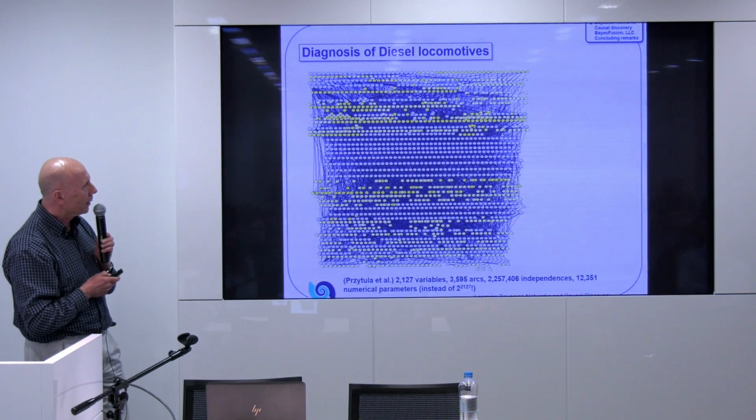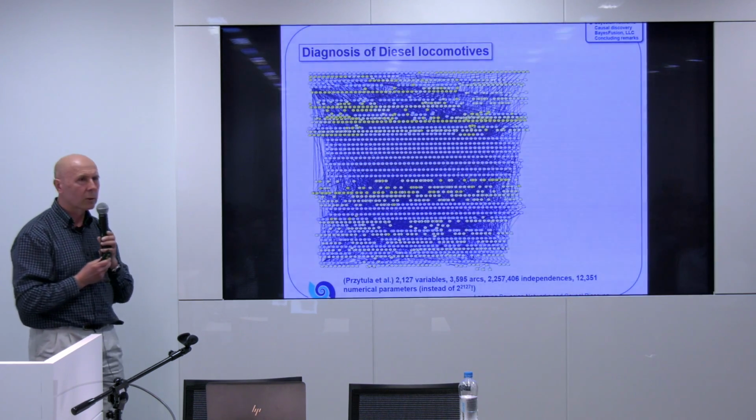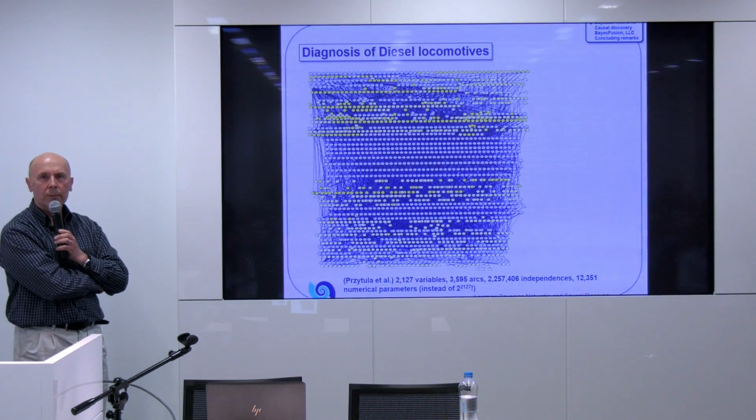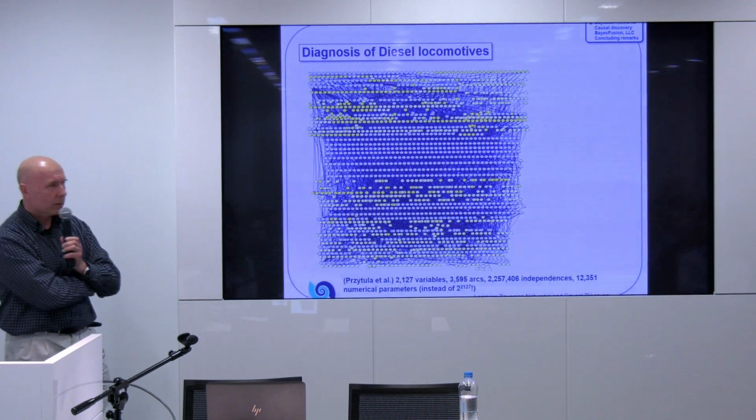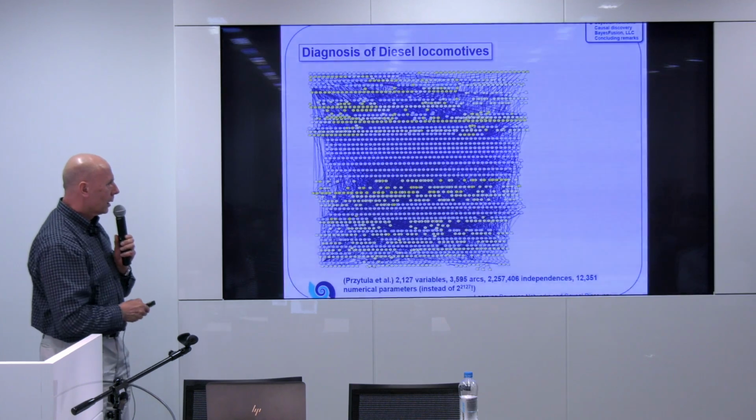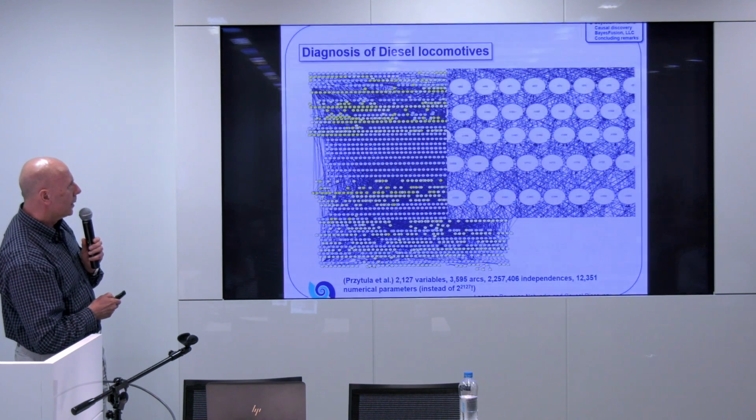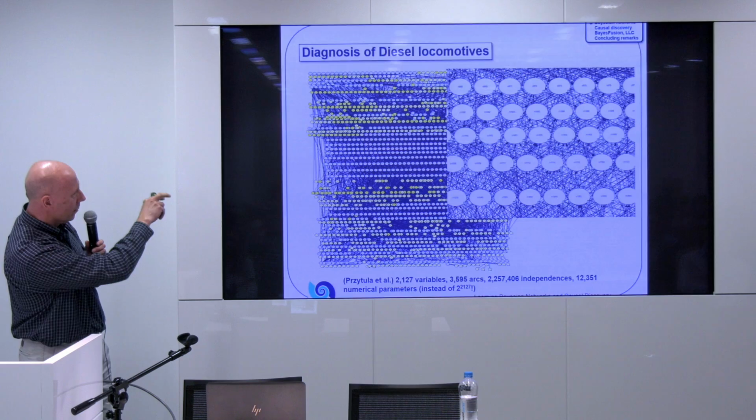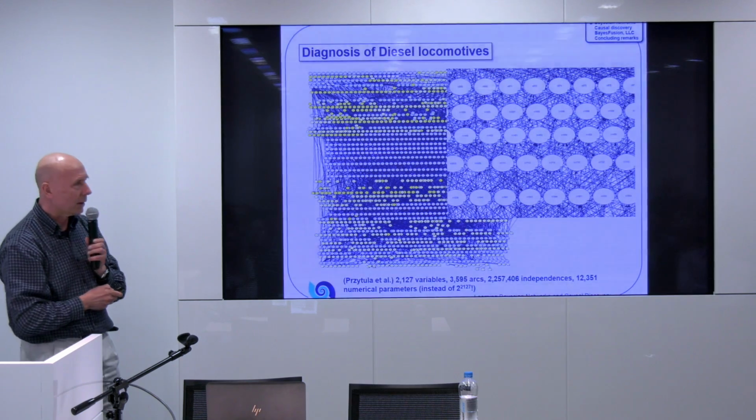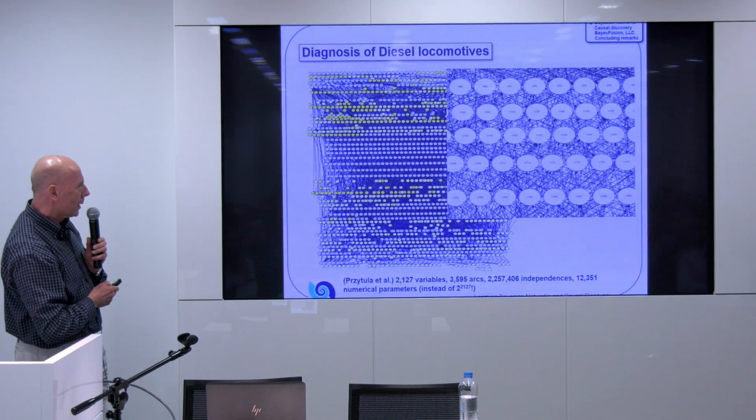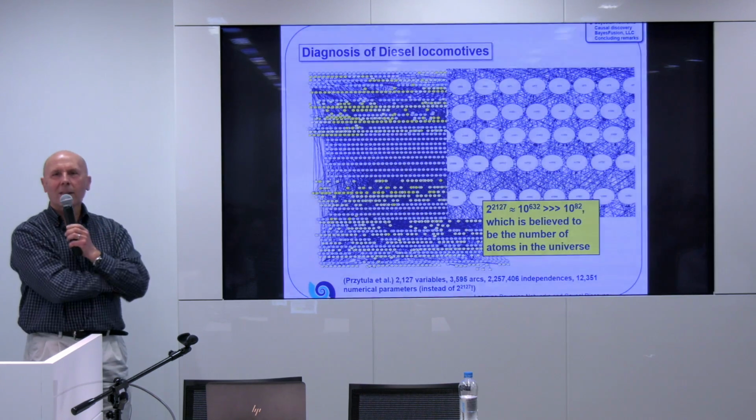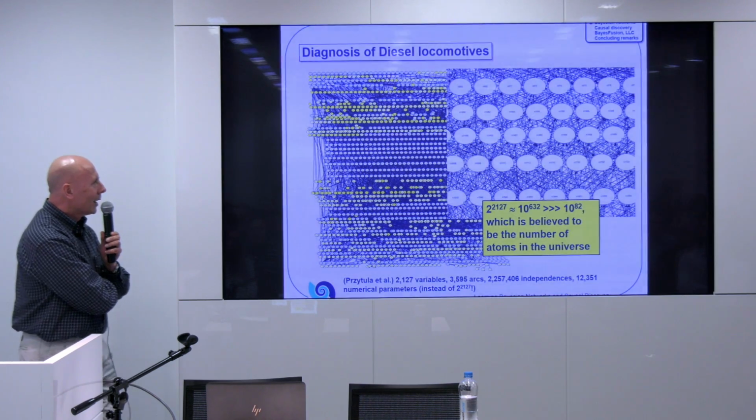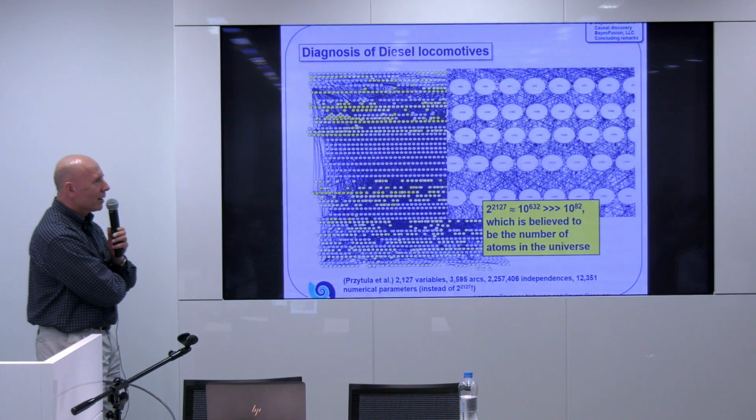Here's another example of a real Bayesian network used for diagnosis of diesel locomotives. 2,100 variables. I'm just showing a blow-up of a piece of it, it's a spaghetti. It would require 2 to the power of 2,000 parameters. Just as a reminder, that's around 10 to the power of 600,